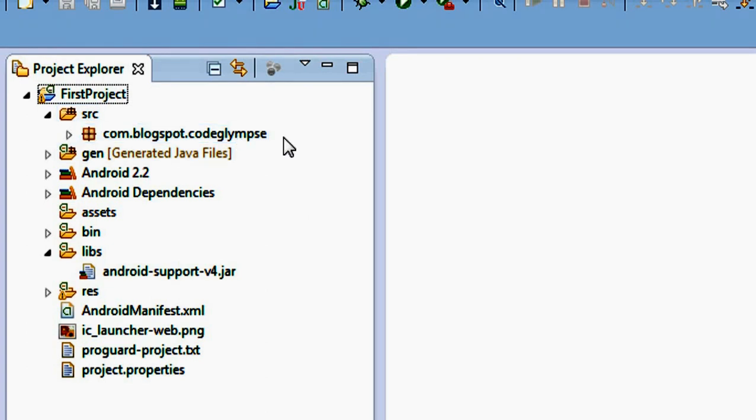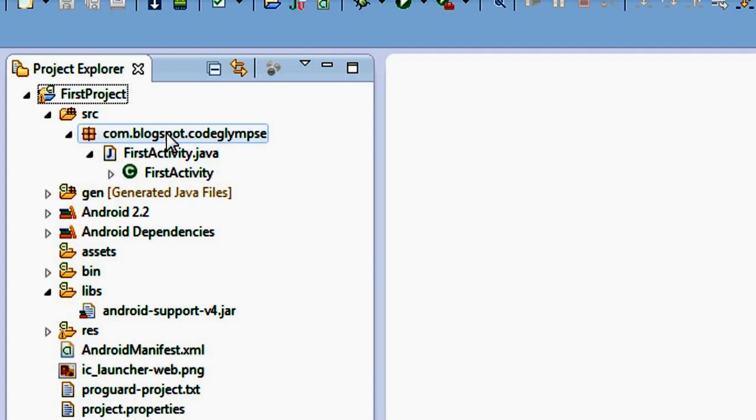I already said that an activity is associated with a Java file or a class file. So the src folder contains all the Java files needed for the activity. You can see a package is present inside the src folder. This is the package that we created at the time of creating the new project.